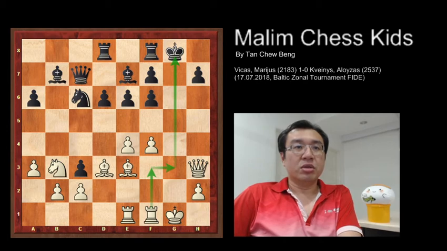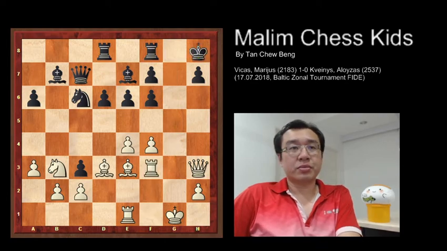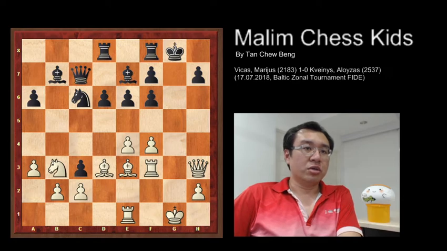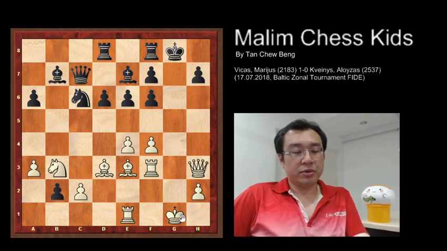So white plays rook to f3, then king to h8, and in this position you cannot take the free pawn here, because if c takes b2, then king to h1,